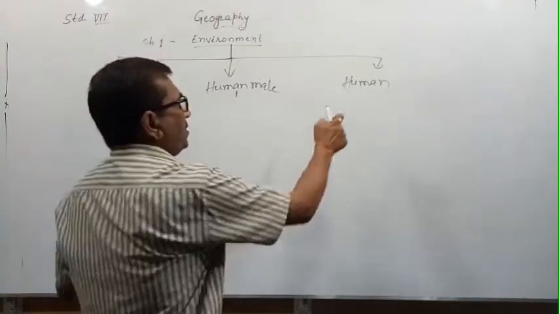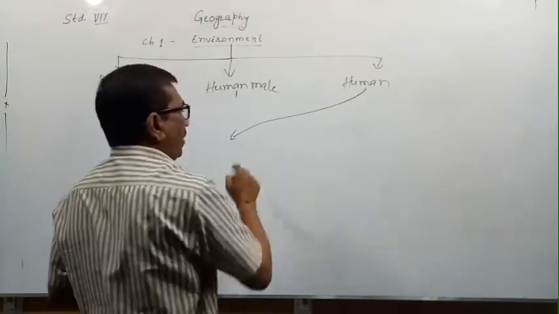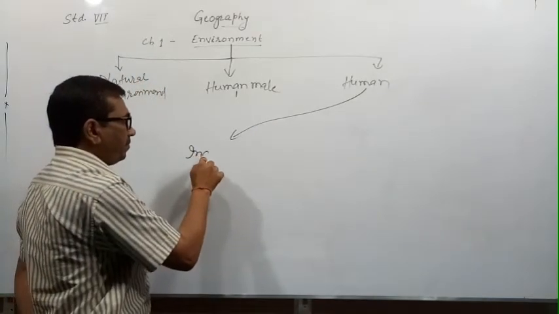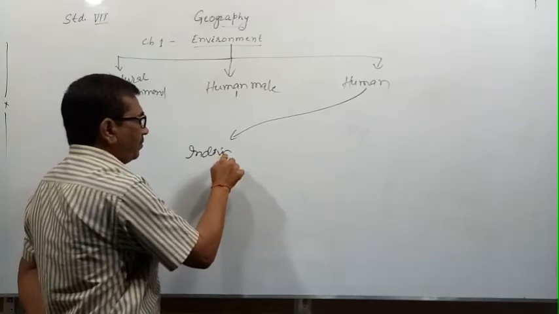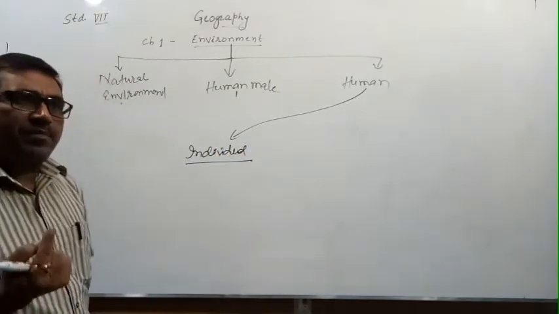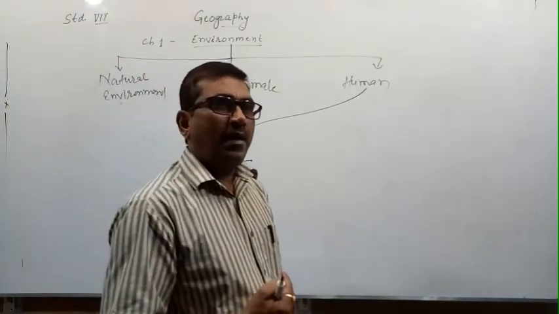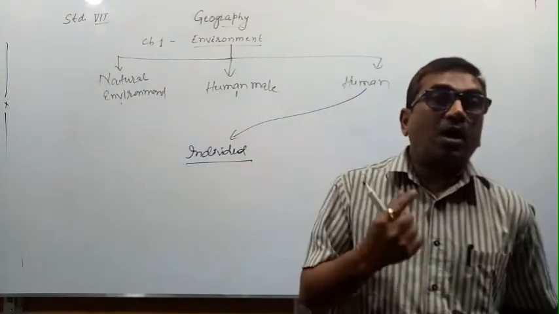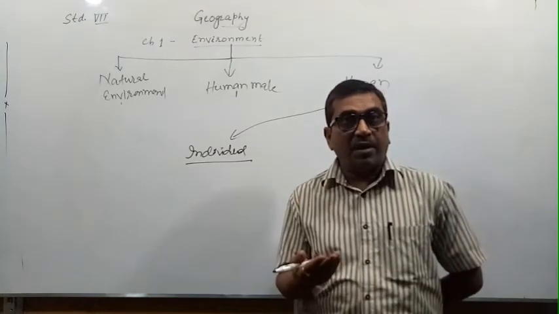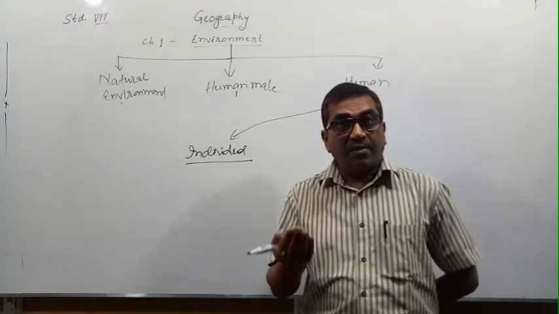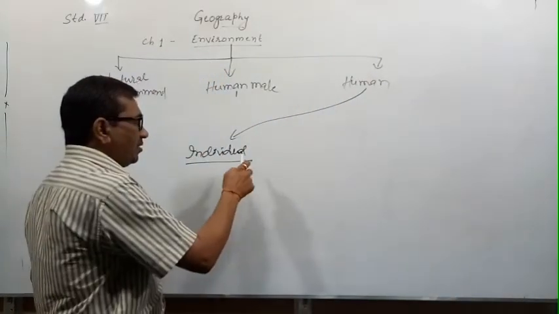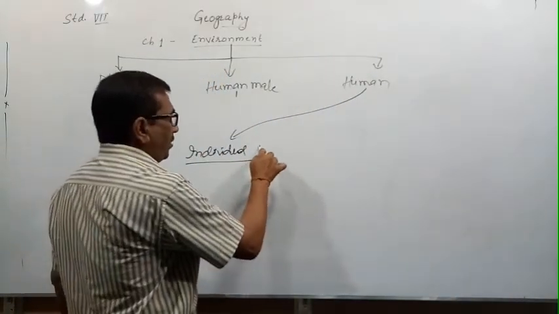You yourself are a part of the environment. That means it may start from the individual. Individual means a single person. आप अकेले हैं. It means you are also a part of the environment. You have the responsibility to maintain the environment. When individuals increase, it becomes part of a